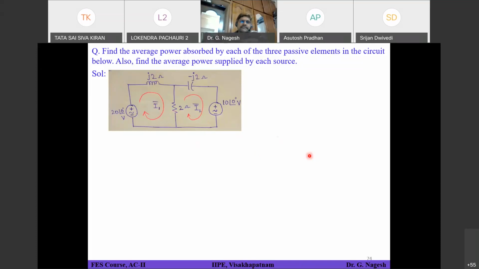So try to write the mesh equation for the first mesh, and then the second mesh. Sir, it will be minus j10 I1 equal to...